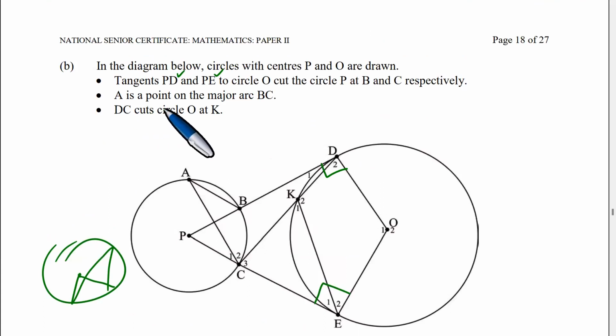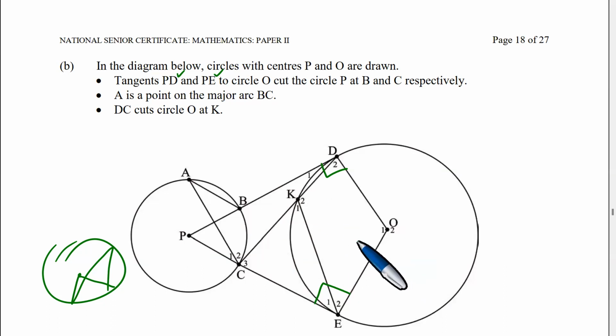Right, because you have that the tangents PD and that intersect, and DC cuts the circles at that point. But it is clear therefore that angle K2 is going to be equal to 90 degrees plus A, because the angle at center is 2 times angle at circumference there. Because what do we know? Okay, a couple of things about the angle K2. The angle K2 is actually the same as what? Remember that